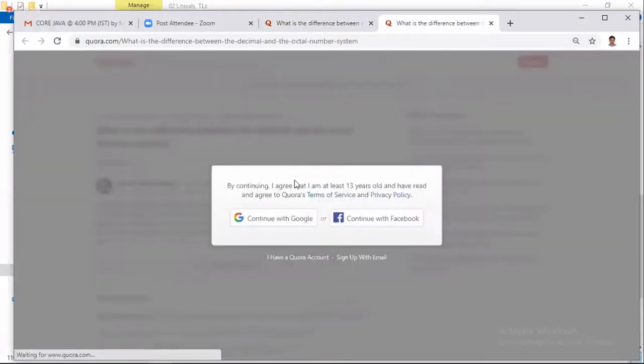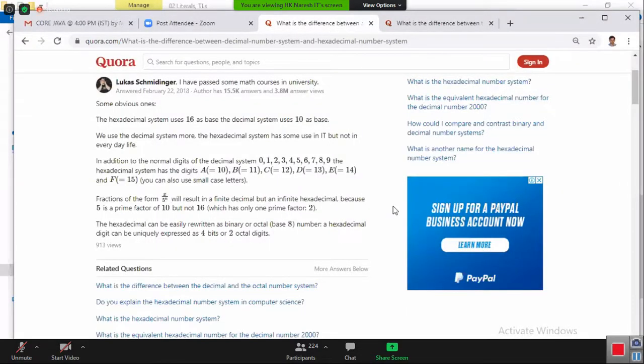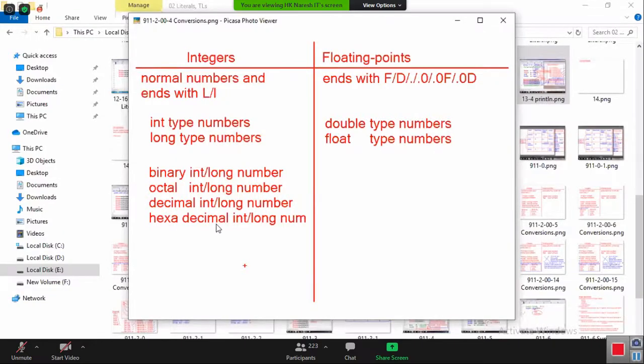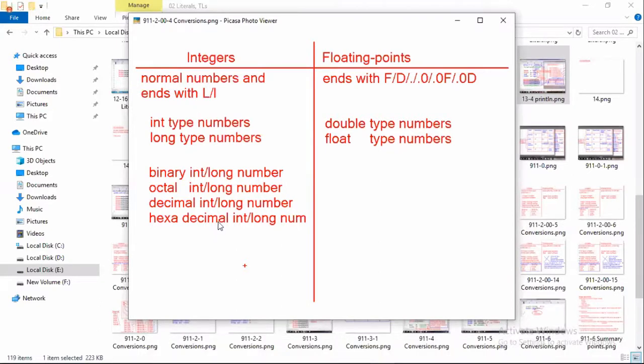Yeah, what is this? Oh, now I should sign in. Decimal number, hexadecimal number. I just wanted to convince you. Okay.